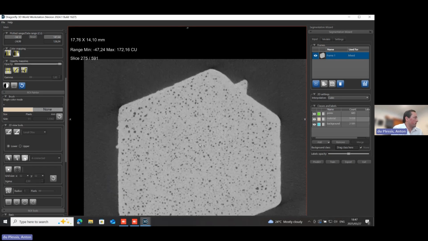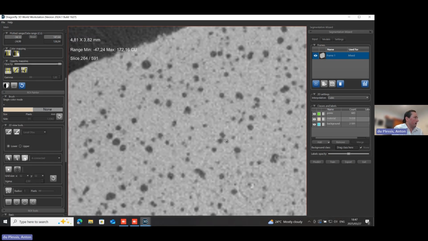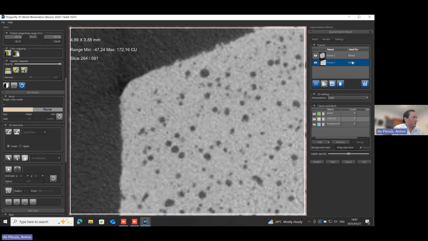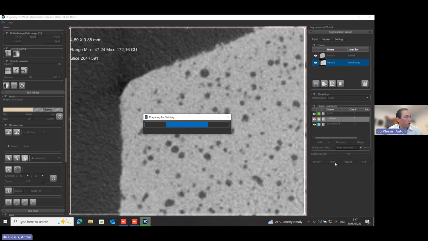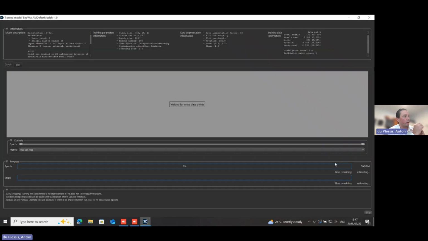We can go to somewhere else in the data and zoom in and make a plus button here. The second frame that I've just made, you can do the same thing and provide input, or you can double click that drop down and make this the monitoring frame. So now we are ready to make a training. It's using an already trained model and adding data to it, so it will be very fast to converge to a good solution for this data. So let's see that working.